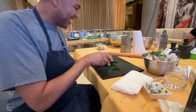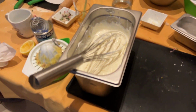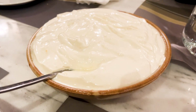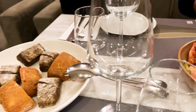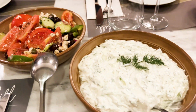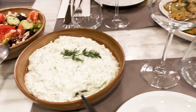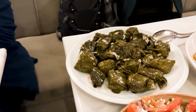Yeah, exactly. With the glowing lights of the Parthenon as our background, and 2 hours later, our meal was complete. We made a delicious, creamy lemon yogurt dessert, nibbled on freshly baked bread, prepared a hearty Greek salad with tomatoes, capers, cucumber, and feta cheese, fresh cucumber and yogurt tzatziki dip, crispy zucchini and spearmint balls, dolmadakia, which are rice